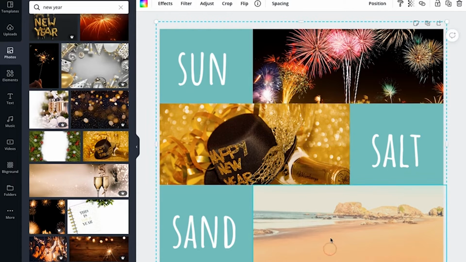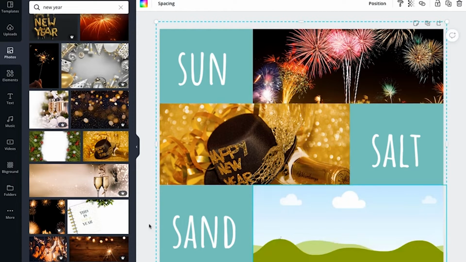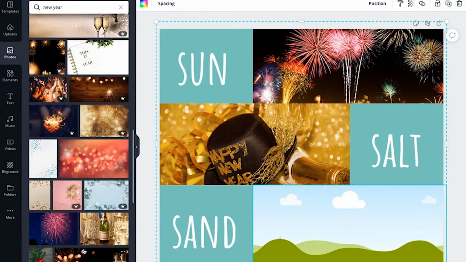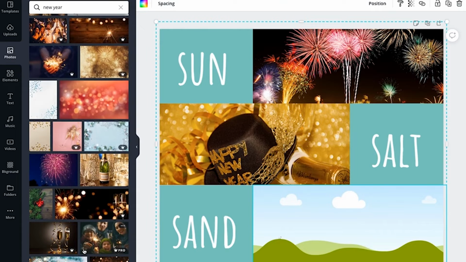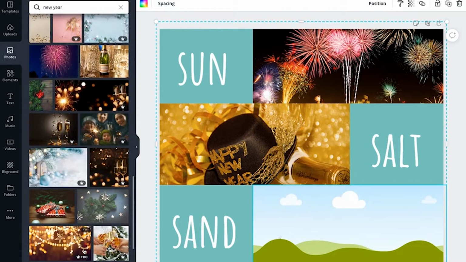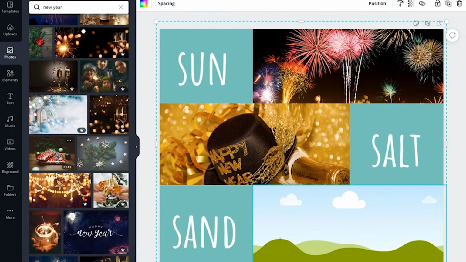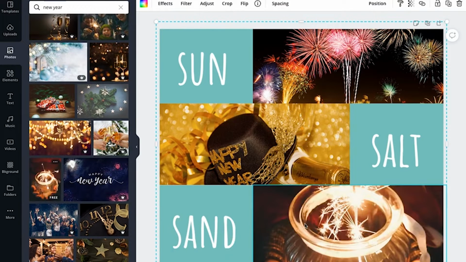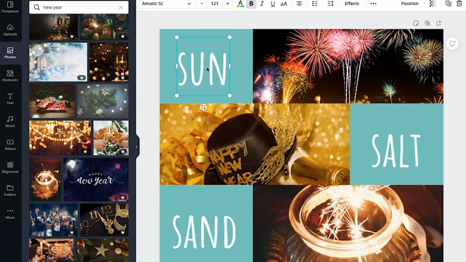And for the third image, let me quickly remove this and again see. Okay, so this seems like a cool image as well, but let me check if there is something else that I might like. Okay, gifts. Gifts is a nice image, but may not be representative. Okay, this looks cool, so let me just drag and drop it here. Now that we have our images sorted, we can now work on text.